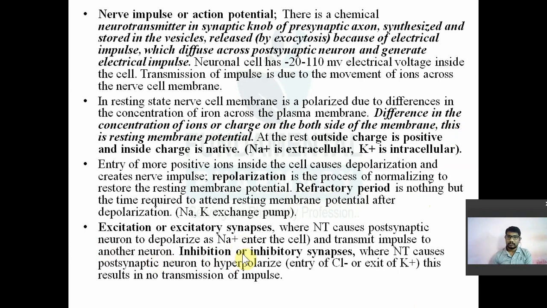Excitatory neurotransmitter can cause the neuron to depolarize as there is entry of sodium inside the cell and transmit the impulse to another neuron. In inhibitory neurons, the postsynaptic neuron gets hyperpolarized due to entry of chloride ions. Sodium went inside, so what happens? There are two kinds of neuron, excitatory neuron and inhibitory neuron. Whenever there is a depolarization, there is excitation or conduction of impulse. Whenever there is a hyperpolarization, there is inhibition or